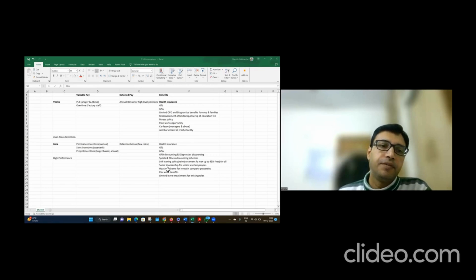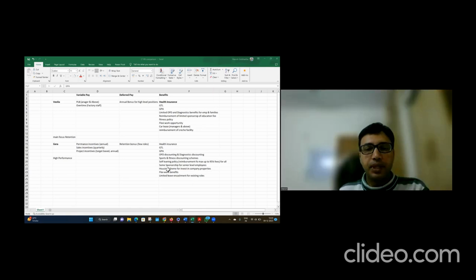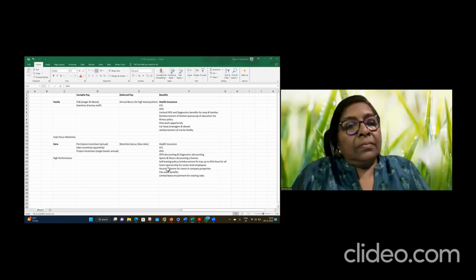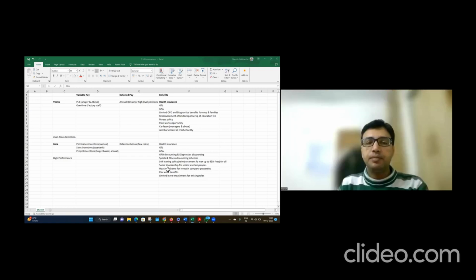What does Veolia do? Veolia is into waste water and waste management. It's a regulatory requirement, and people have also become ethically aware that industrial waste cannot be left open in the environment. As per government regulation also, they need to treat it. So we are almost market leaders in this. Being a niche industry, churn out is not too much, people are not coming and going.